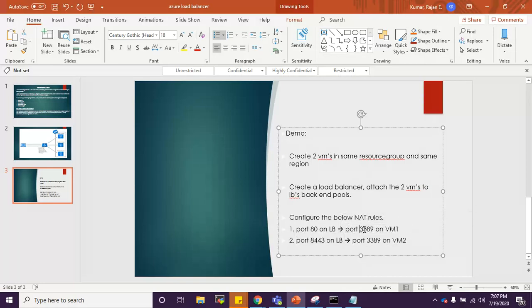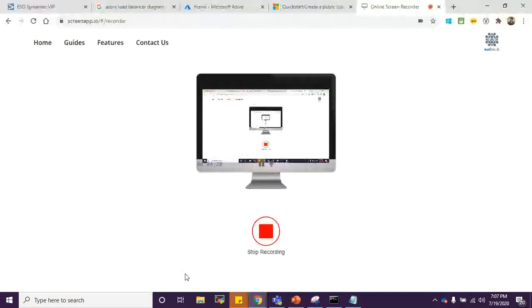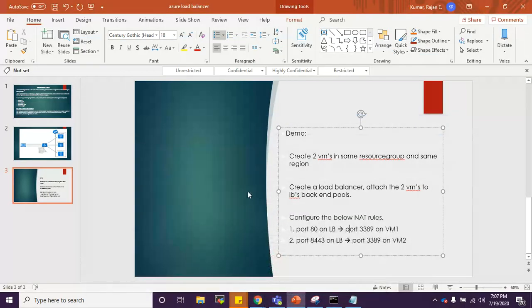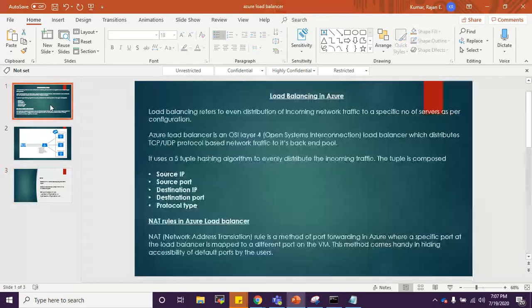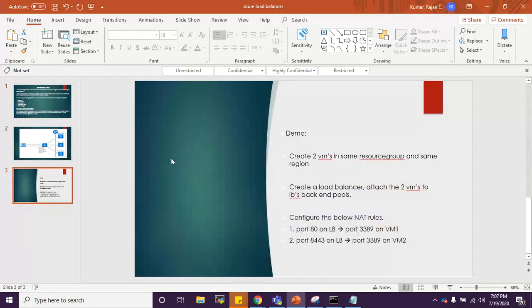Now 3389 is the default RDP port for all the Windows VMs basically. So this was a small theory. Let's jump into our portal and do the demo and complete this deployment.